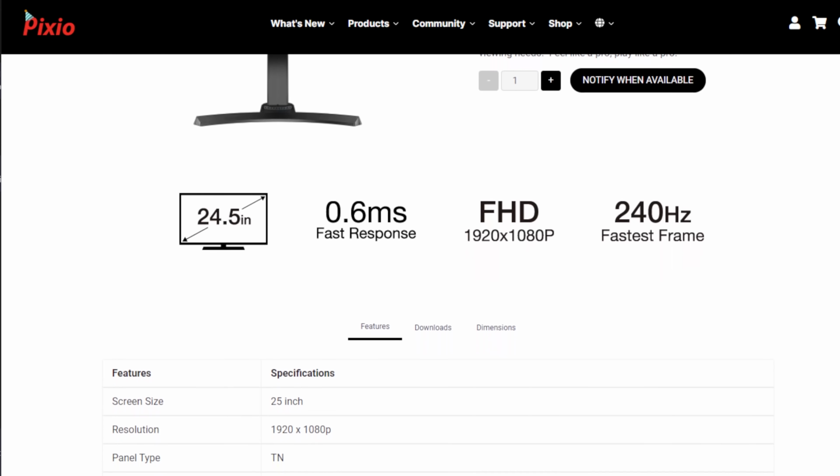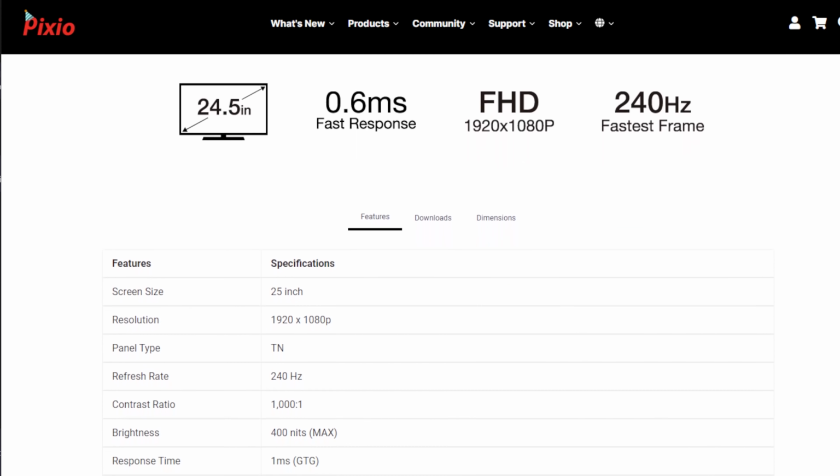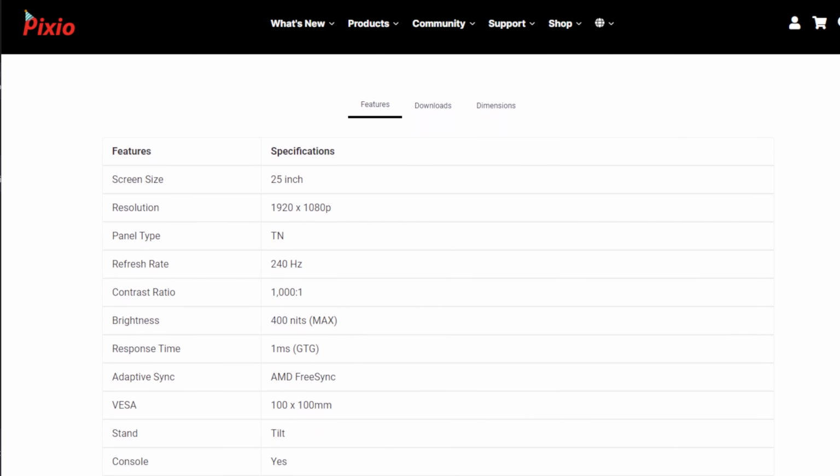It's a 240 hertz display. They advertise it as a 0.6 millisecond response time, which would mean that you could do over 1,000 changes per second on this panel. But the question is, can this panel keep up? Well, I really should be capturing this at 500 FPS, but you're just going to have to settle for a shutter speed of 1/500th of a second, captured at 240 FPS.